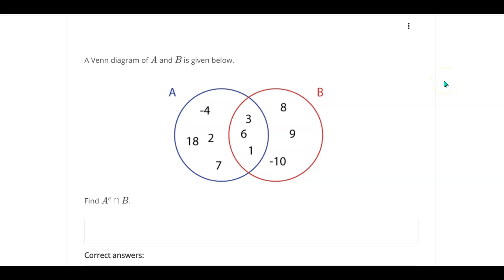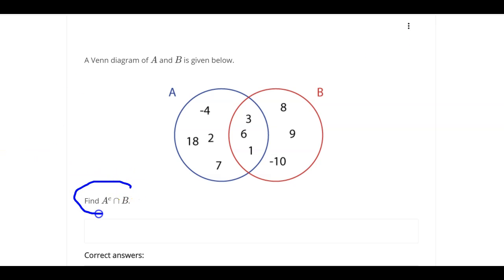Hello and welcome back. Today we're going to be working on more Venn diagrams and more sets, section 1.4.5. So in this particular problem, they say a Venn diagram of A and B is given below. And they're asking us to find